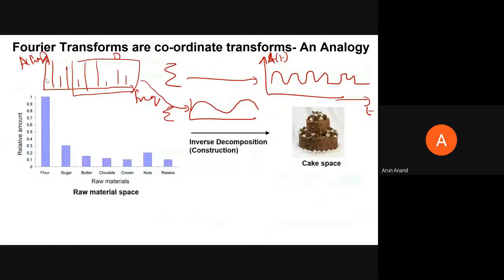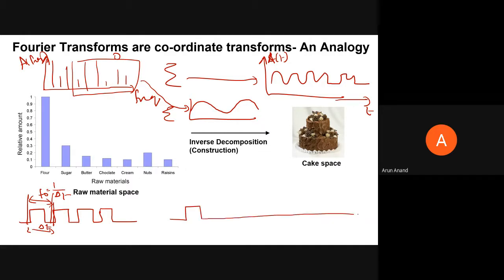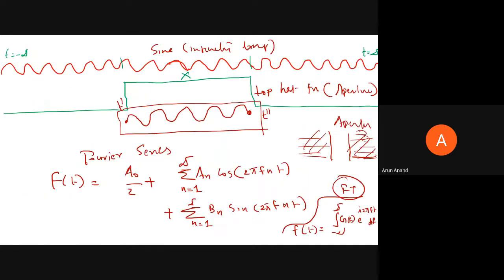For example, to use your Fourier series, you should have a fundamental frequency of the signal. So this is the fundamental frequency of the signal. Let's say f0. If it is time, this is t0, delta t, and the inverse is your fundamental frequency. So let's write f0 is equal to 1 by delta t. So this is your delta t. Now if I change the signal, what happens? I can just change the equation here. So your f0 is the fundamental frequency or the first harmonic.